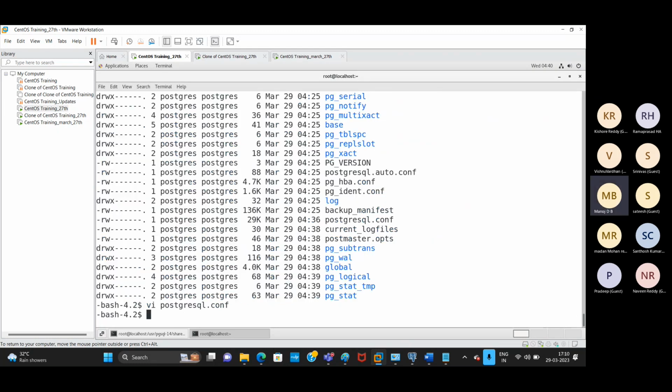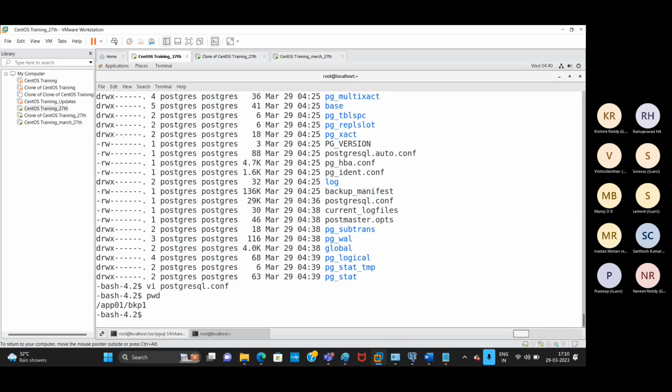Okay, so now again. See here, once we started, guys, the recovery.signal file is not there. Once it successfully started the database server, the recovery.signal file is going to be removed. It will act in recovery mode when we start, and once it has started, the recovery is automatically set to false. So now see here, again I'm going to touch